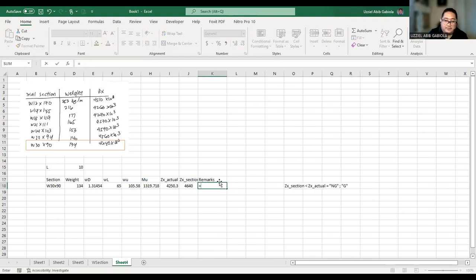Lagay natin, if yung actual natin is less than doon sa section natin, Z ng section, ZX actual. Okay. Kapag less than si section, doon sa actual natin, not good siya. Kasi nga, ibig sabihin, hindi kayang